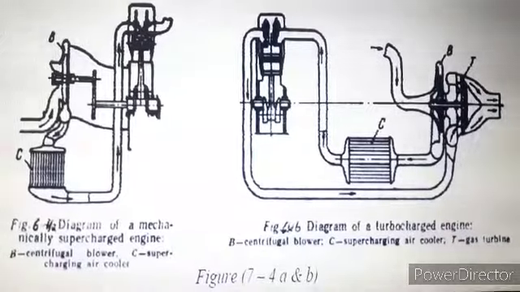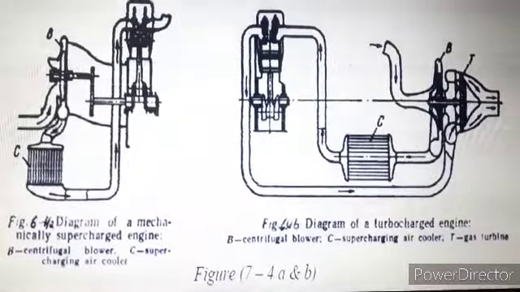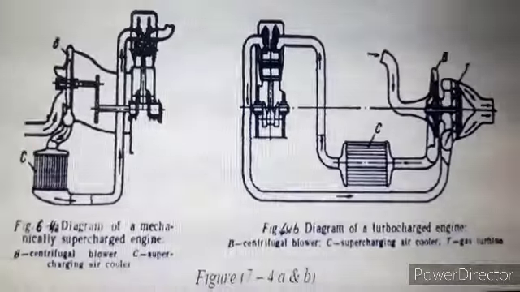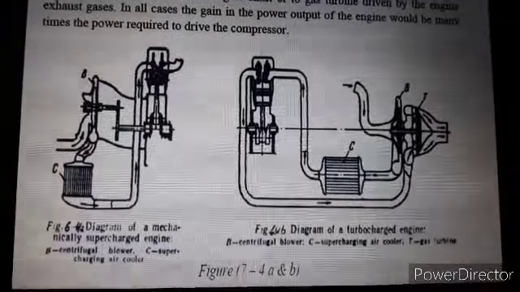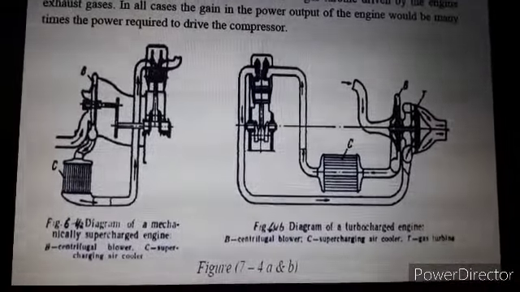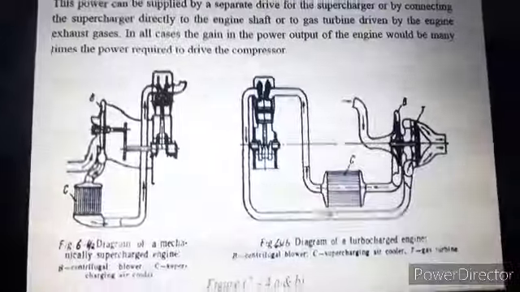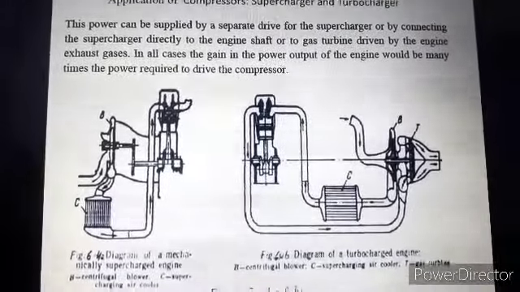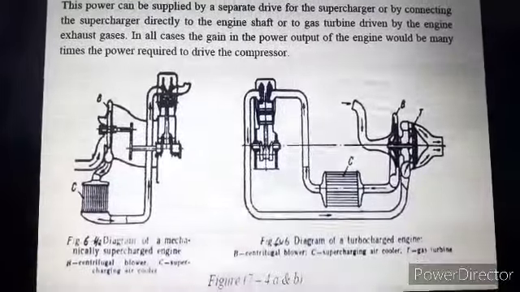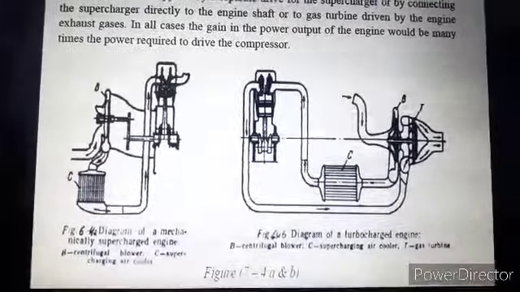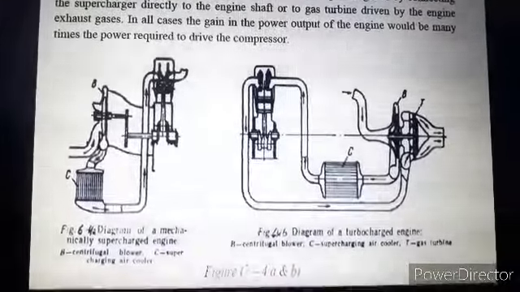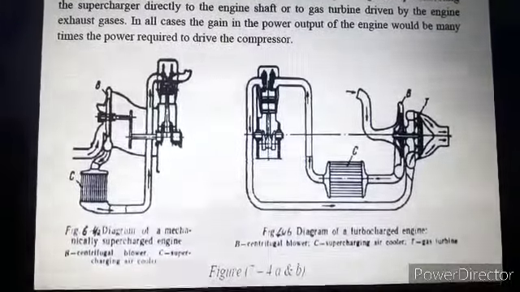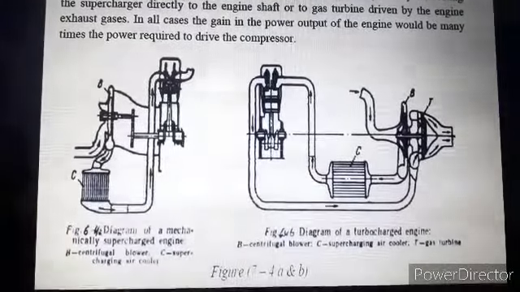Can you recall those equations? We started with the general gas equation. What is the general gas equation? It is PV = mRT. Then we know that in a compressor we have isothermal compression, adiabatic compression or polytropic compression. When we consider this compression, we have to refer to the basic relation between pressure and volume. So what are the relations?